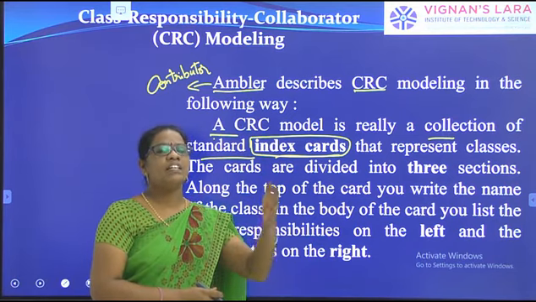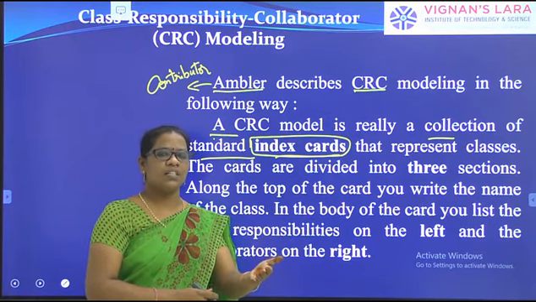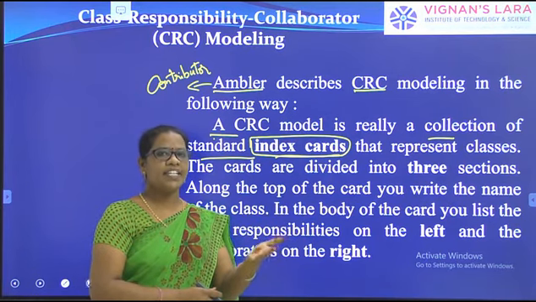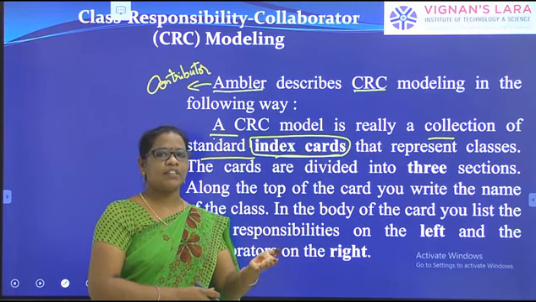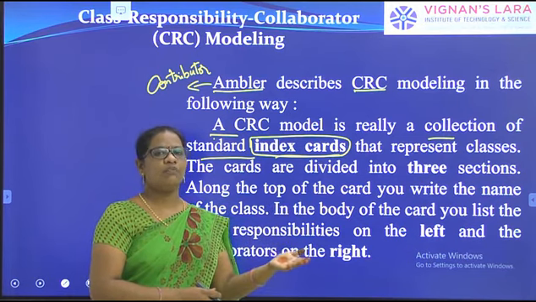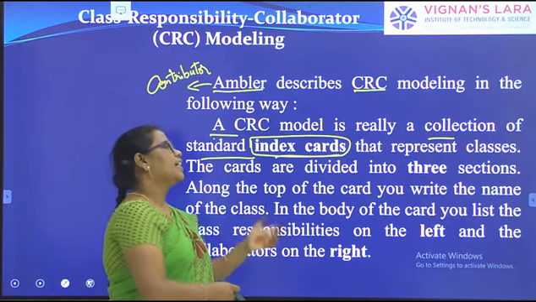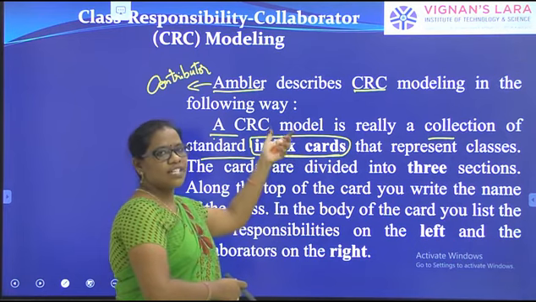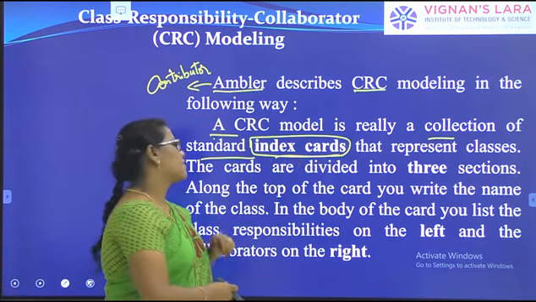It gives a reference to what heading is on what page, the table of contents or different figures, where they are in the textbook, with page numbers. Like that, CRC is nothing but a collection of index cards.